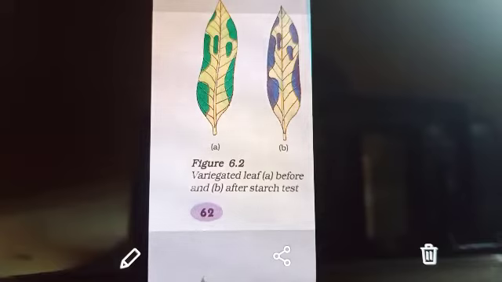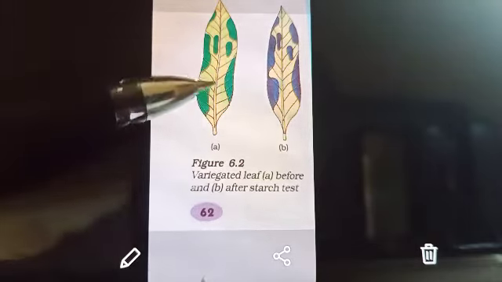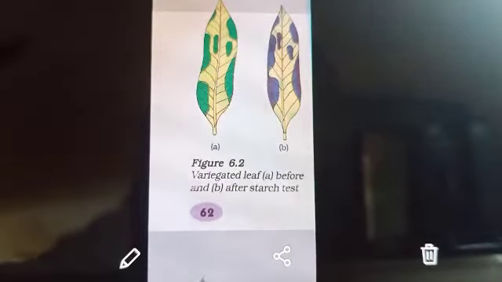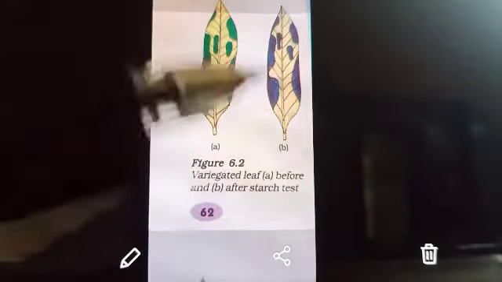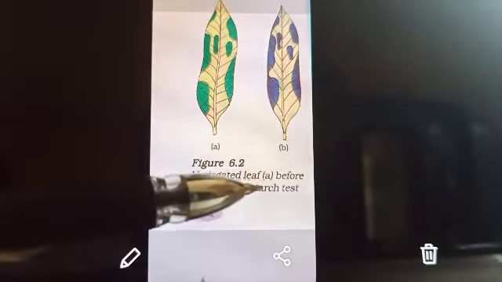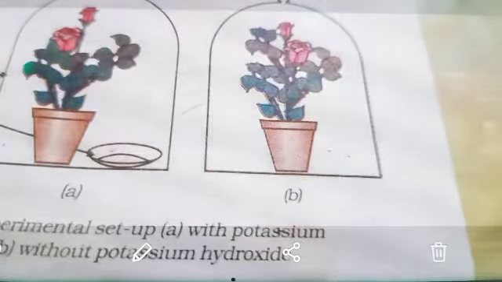Based on the activity performed above, we design an experiment to demonstrate that sunlight is essential for photosynthesis. Now, in the presence of chlorophyll, even the sunlight is necessary. In the presence of sunlight only, the process of photosynthesis will take place. What first activity did we do? We did it for the chlorophyll. Now second, we will do it for the sunlight, the activity for showing that light is essential. Take two healthy potted plants which are nearly the same size.